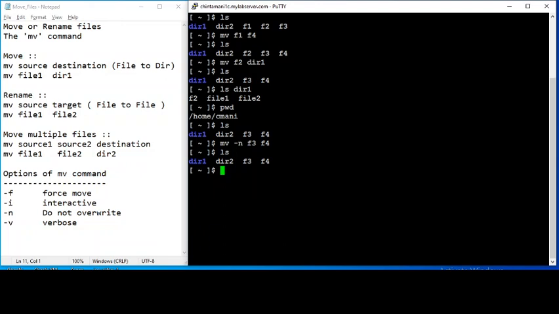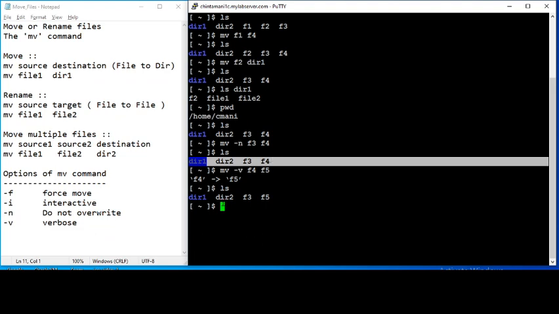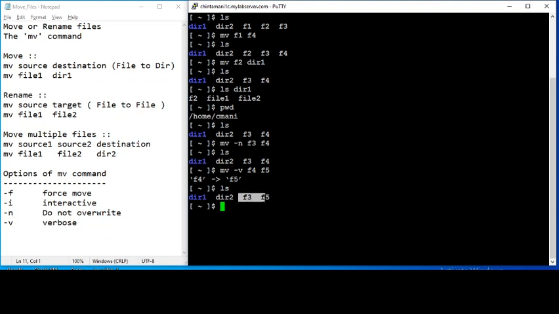So this is how you do mv -n. Then there is something like -v. So let's try renaming, say, F4 as F5. What's going to happen is it's just going to show something on the screen saying that F4 has been moved to F5. If you say less again, earlier the output was having F3 and F4 at the end. Now you can see F3 and F5. F4 is not there because F4 has been renamed to F5. That is how it works.